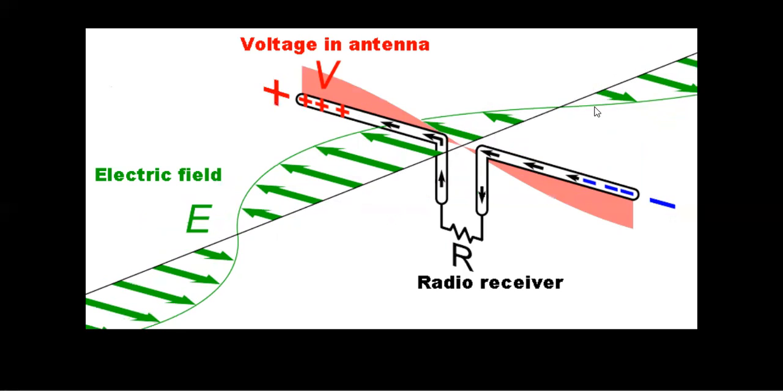In this particular picture, I have not yet drawn the magnetic field. There exists a magnetic field also, using the right hand thumb rule, perpendicular to the direction of travel and also the electric field. So let's try to see a situation where